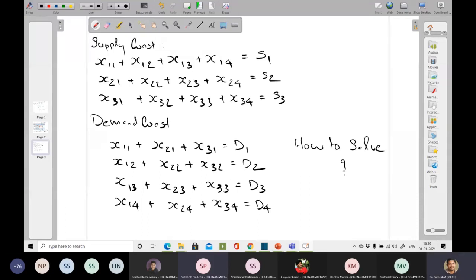Sir, S1 is equal to D1. It is possible to solve, but manual calculations are not possible. You need some programs and a programming language for this problem. If a problem comes like this, you can apply the simplex method and solve it. But for doing that, you have to go for computers or some kind of programming language to make the code to solve it.